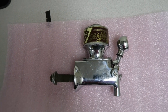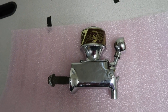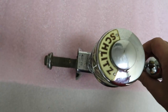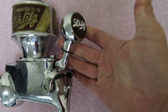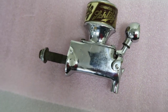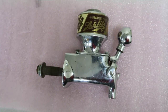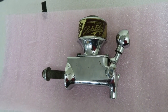Okay, my last item for tonight is this Schlitz tapper. I purchased this recently for $275, something like that. It's really cool. It's heavy duty. It's almost 8 pounds. It's got porcelain advertising, Schlitz badging, porcelain badging all around. It's got the premium Schlitz tapper on the front. It's not in perfect shape. It's used, you know, scratches and all that kind of stuff. These come up once in a while. If somebody wants one, when mine is listed, they'll pay $499.99, 500 bucks plus shipping. If not, I'll keep it